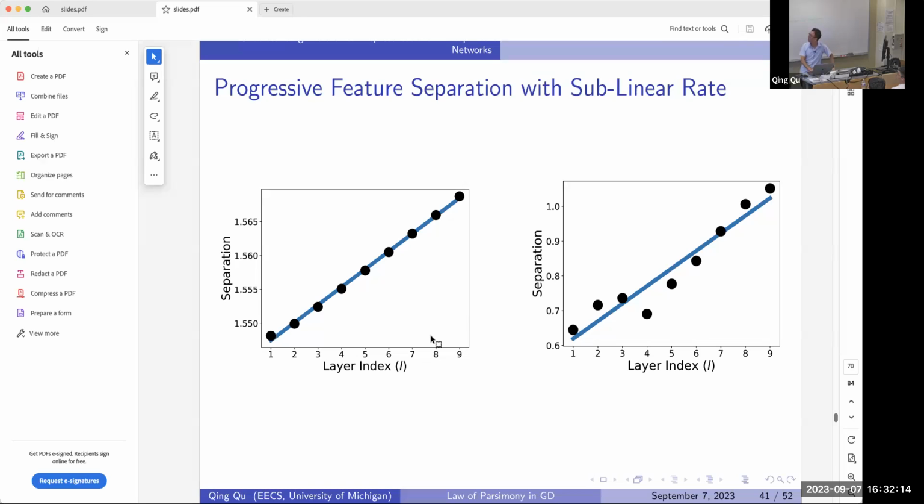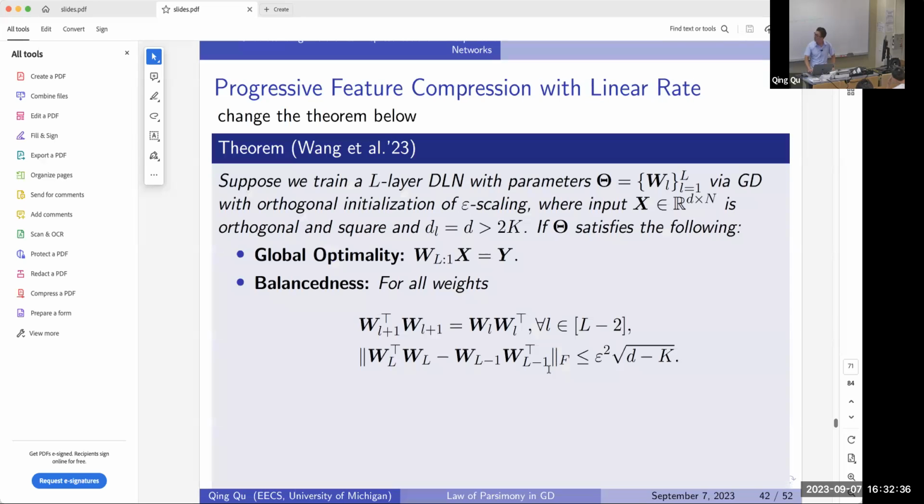In other way, you can see that this is measuring the feature compression. This is feature separation, and you can see that this separation is increasing from shallow to deeper layers. And to show this, I mean, this is some old slides. I'm not sure whether there's something wrong here, but basically, what you can show is that you can show this result based on this